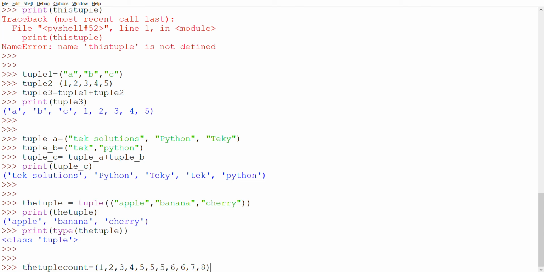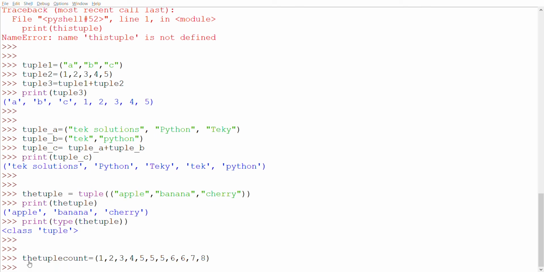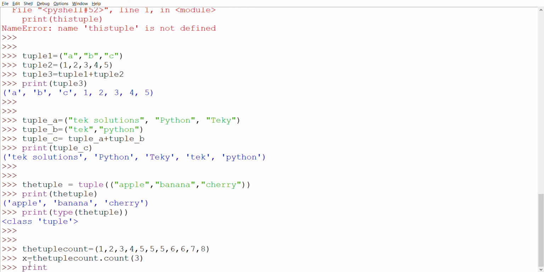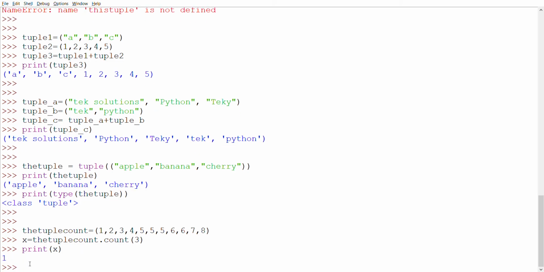This is a bonus for you. x equal to the tuple dot count, passing 3. Print x. It will print 1 only, because 3 occurs only one time.